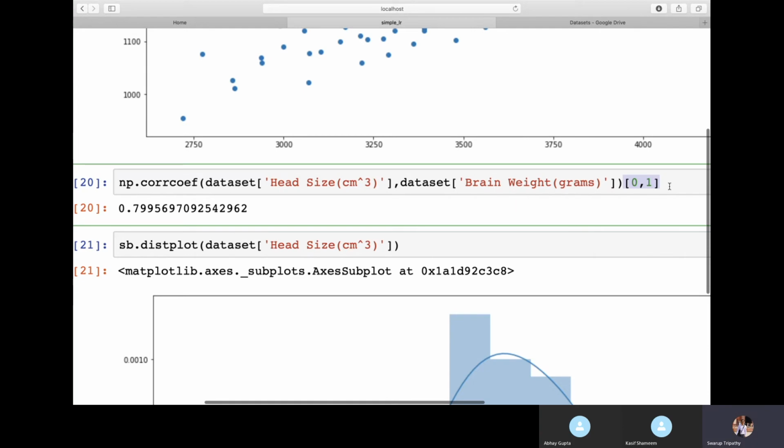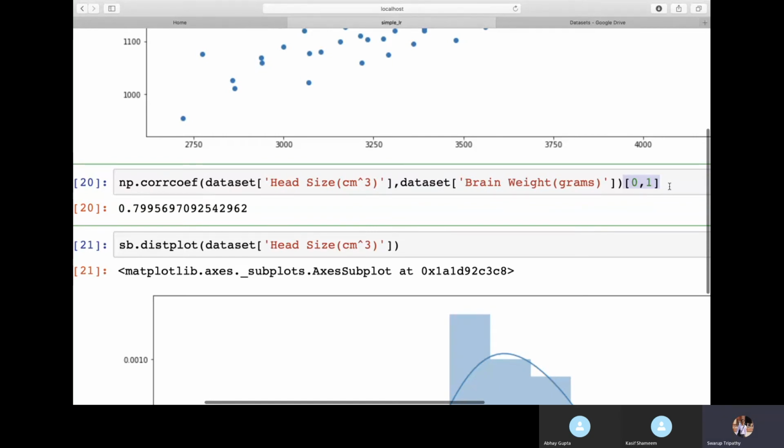See, np.corrcoef is a function to get the correlation. You can also check the same thing using different functions. Those same functions are available in the SciPy package also. It's called Pearson R. If you import SciPy, you have Pearson R in it, and that Pearson R also will give you the same value. A lot of packages have this function to find the correlation coefficient. This is already there in NumPy, so I didn't include any other package to check.